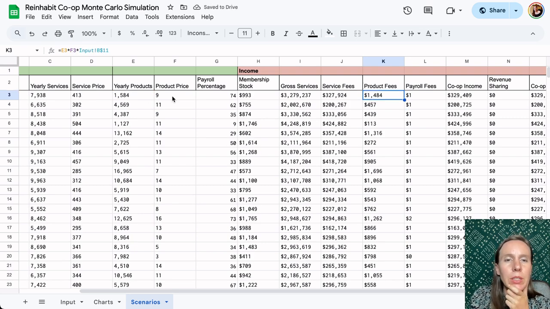So product fees, if we have this many products times the average price times the fee. Yeah. The percentage that we're charging. So